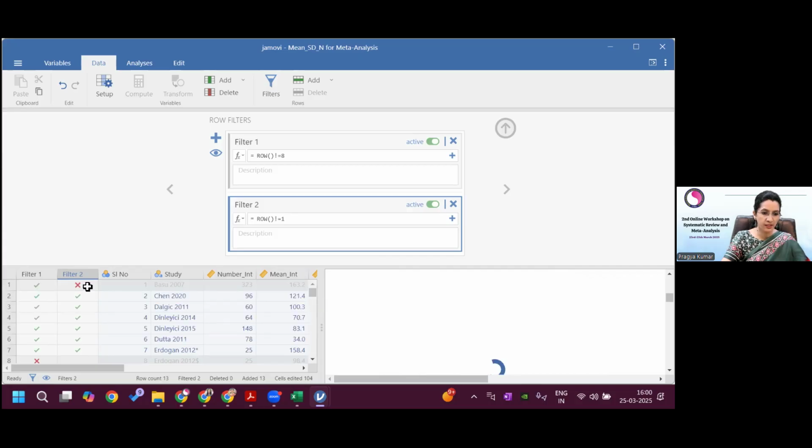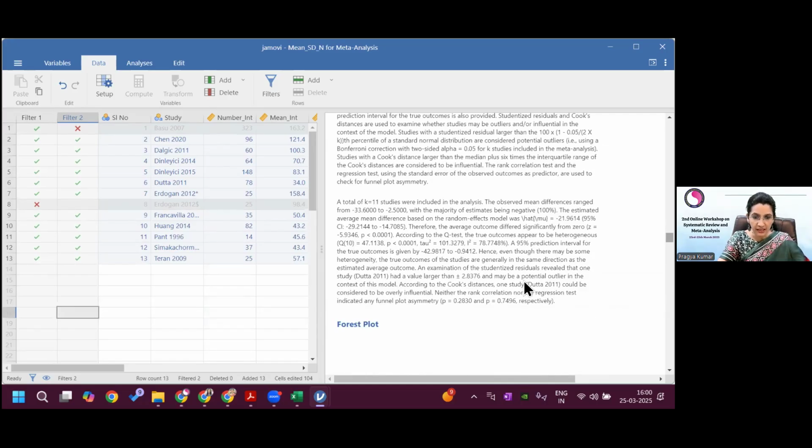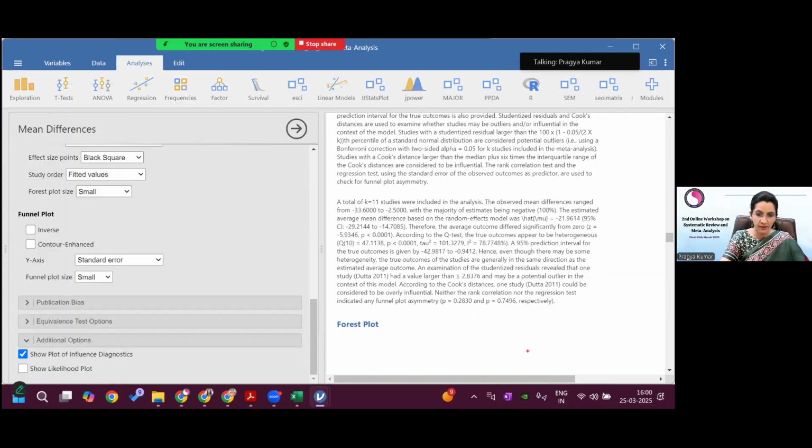You can see there is a cut in front of BASU. That means this also got deleted from the analysis, or filtered from the analysis. The better word is filtered. Now you see the I-square is 78%. It has decreased further. And if you read this, it is again pointing to another study. According to Cook's distance, one study, Datta, could be considered overly